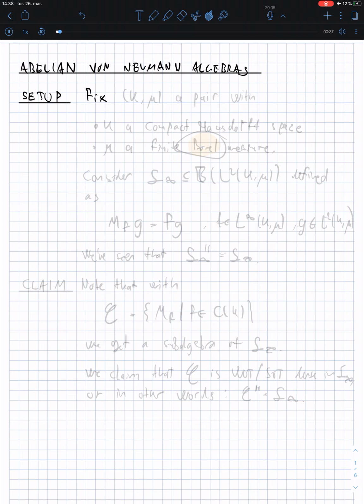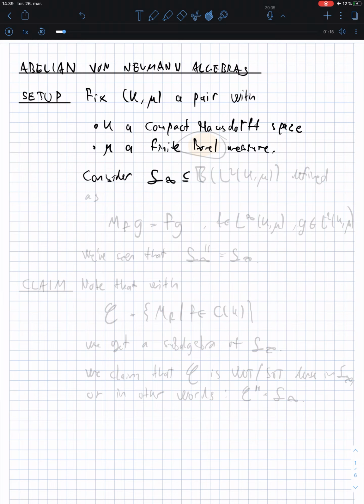So we fix K and mu, a pair with K a compact Hausdorff space, and mu a finite Borel measure. Then we consider